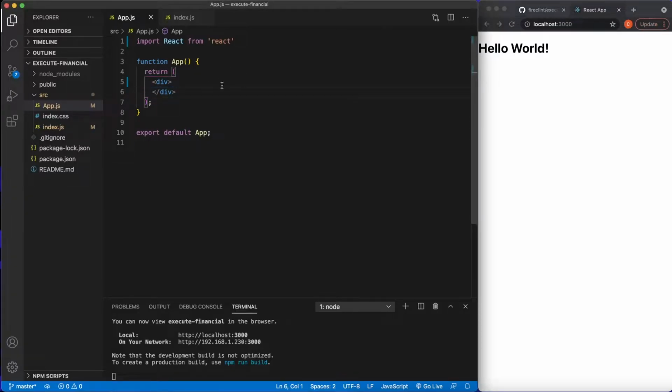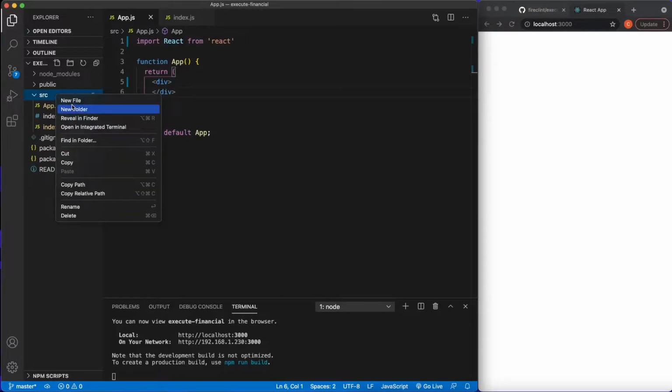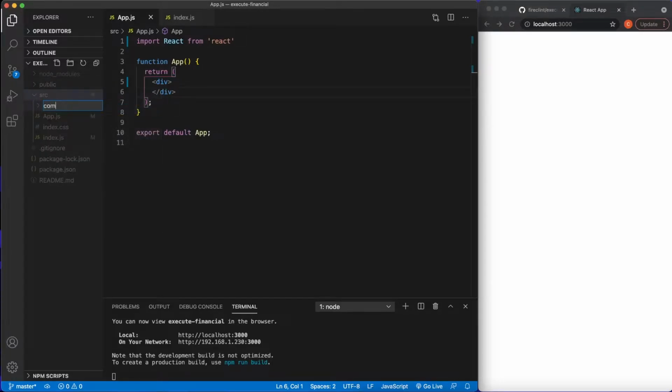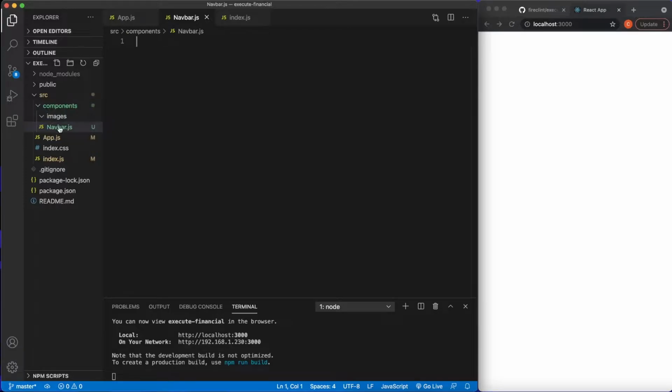We can delete this. So let's go ahead and create our file structure here. So we're going to have a components folder inside our source folder. And this is where all our components are going to live. Within the components folder, I'm also going to create an images folder. And inside, well, let's go ahead and create some components here. So I'm going to create, let's do our navbar.js first, as well as, there we go. Okay, making sure that's not inside our images folder, as well as our